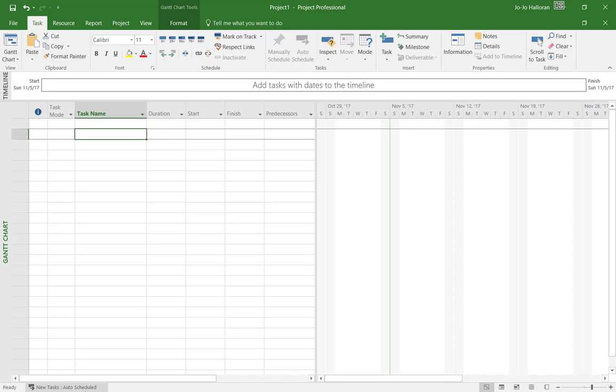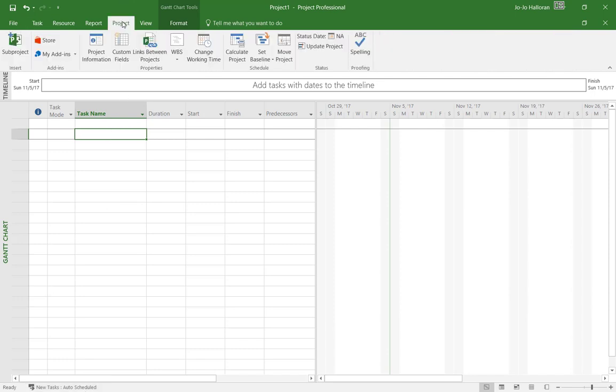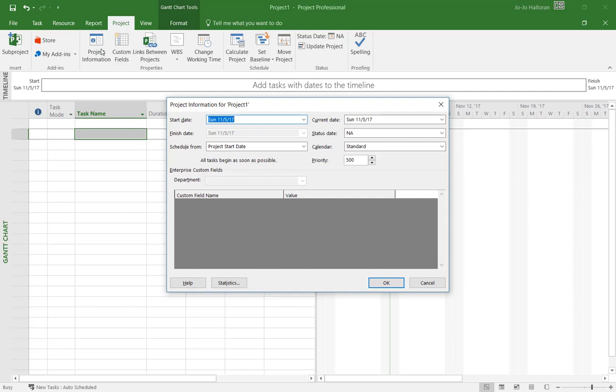Okay, and then we are going to go up to the Project tab, which is right here, and click on Project, and then we are going to select Project Information, and we are going to put in our start date of our project, which is going to be May 6th,